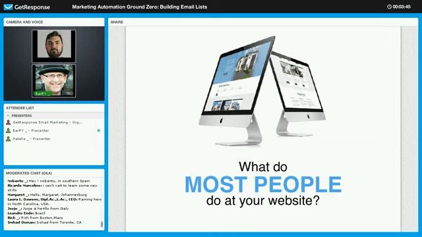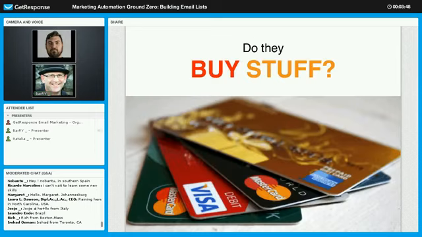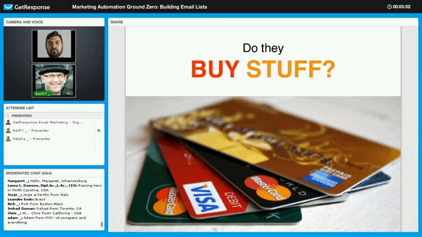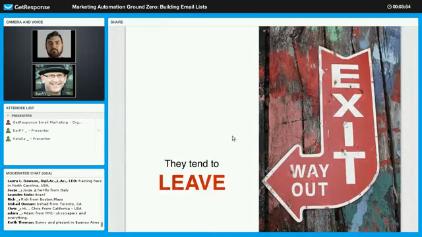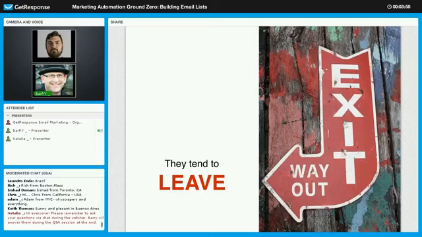All right, so what do most people do at your website? What happens here? You probably don't like the answer to that, and probably want them to do this, right? Do they buy stuff? Well, they usually don't. They usually vanish. They go back to Google. They go back to Facebook. Who knows where they go? Who knows why? But most people are just browsing. The estimates are all over the place, but for a typical website, even if it converts well, 98% or more